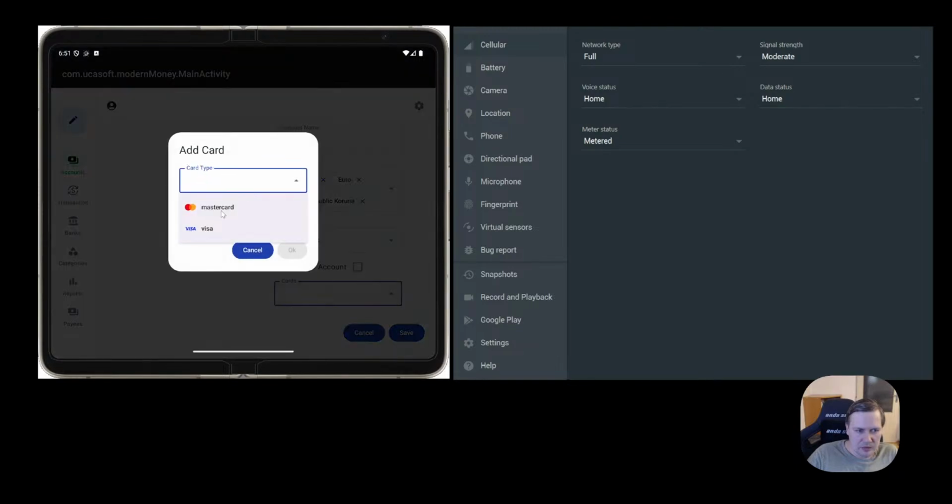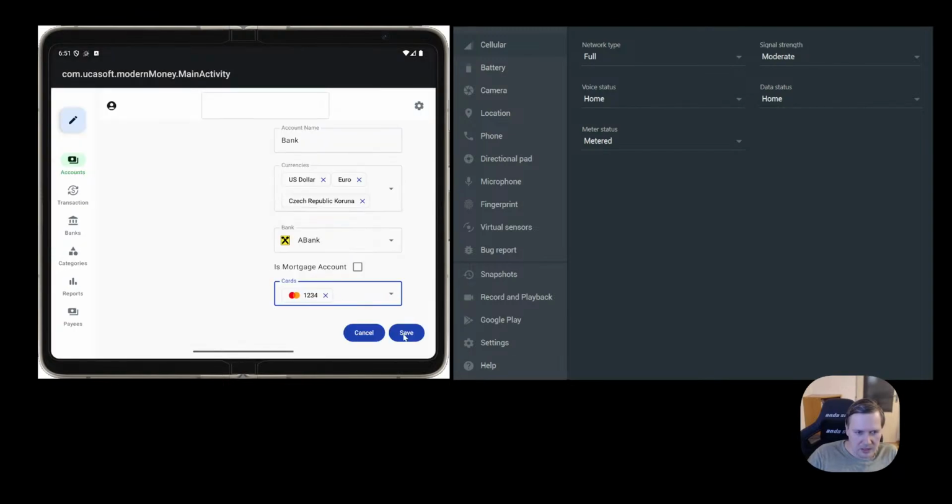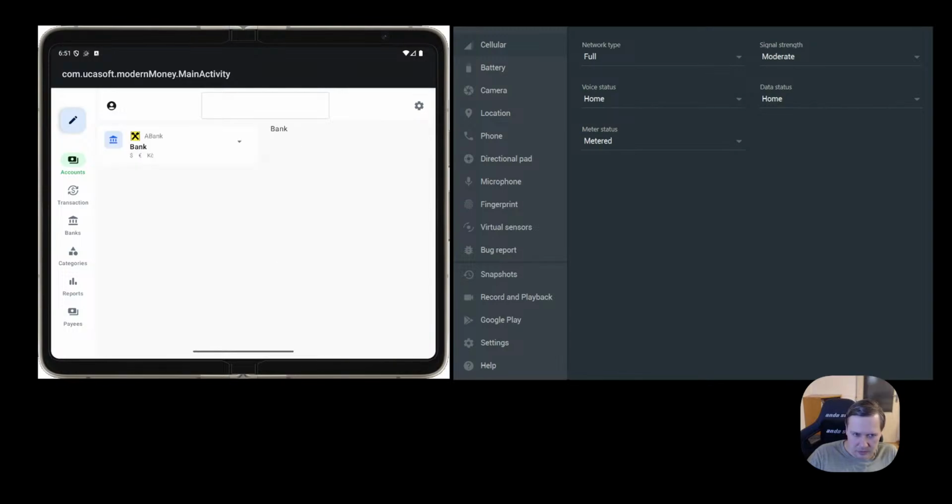And let's put MasterCard 1, 2, 3, 4. Okay, save. And here right now the account should already contain order 0. It's normal. But when we create a second, call it wallet, add currency as Czech crown only and save,